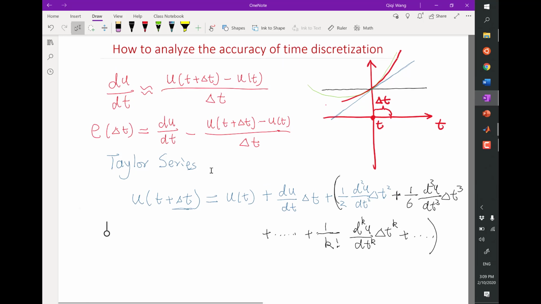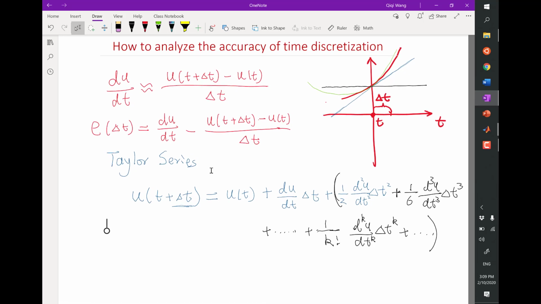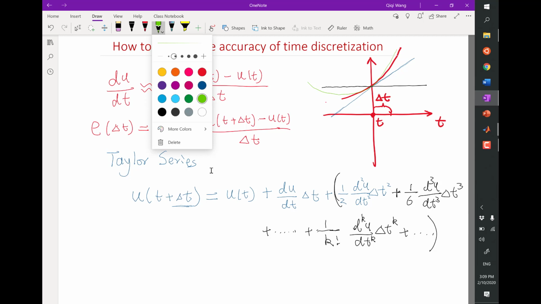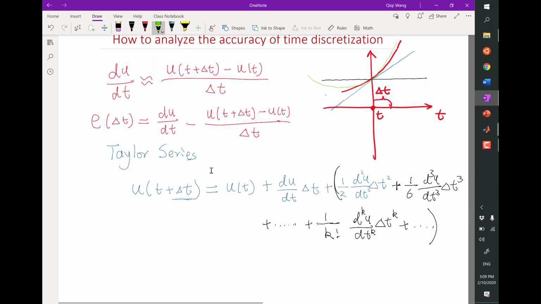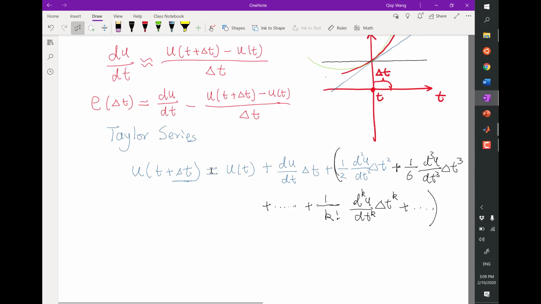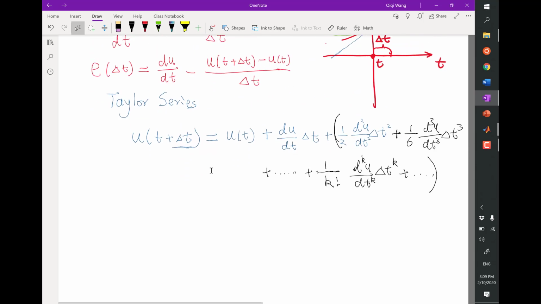Just give you this hint here because I have papers here. You are going to be doing some Taylor series analysis later on. But here, this is a demonstration of how to do it for forward Euler. Let me just complete how to do the analysis for forward Euler, and probably that's going to give you a good sense. So for forward Euler,